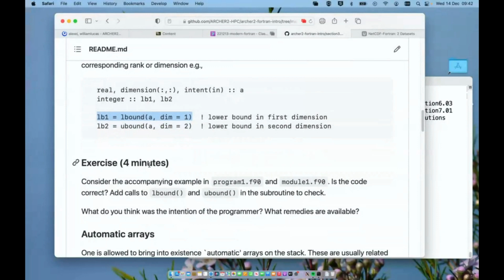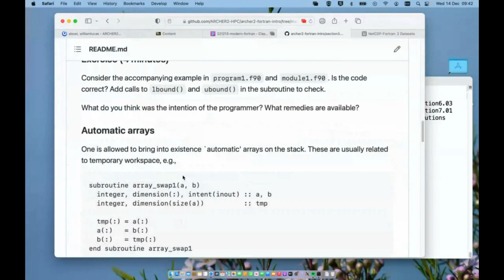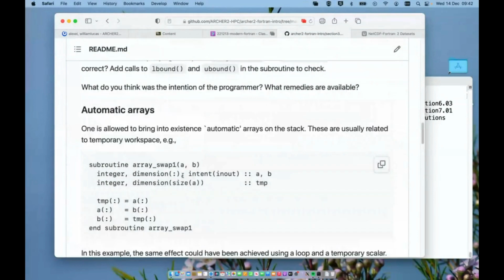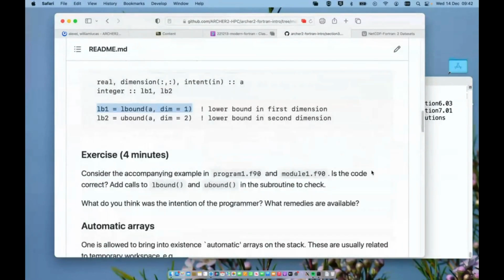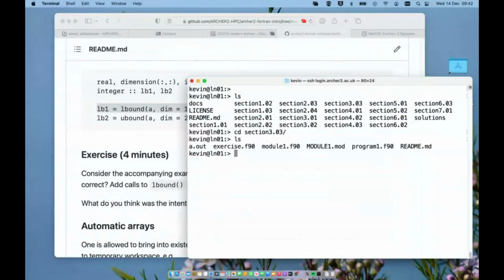So just to try and make this issue concrete, there's a small exercise here in section, where are we? Section 3.03, which is asking you to look at this issue. So let's have a look in section 3.03. I'm going to clear out the